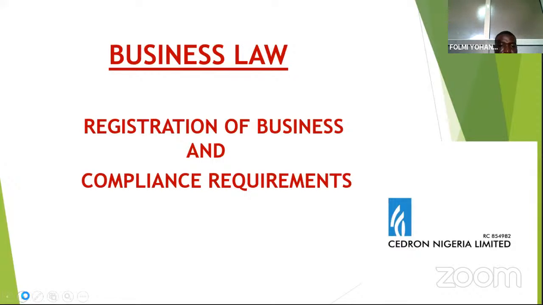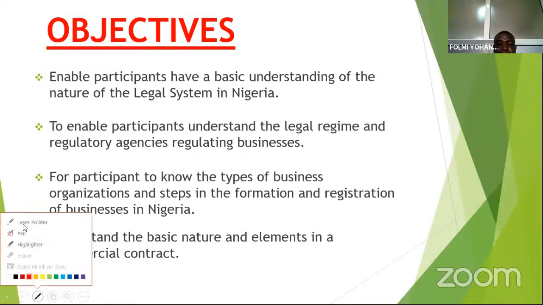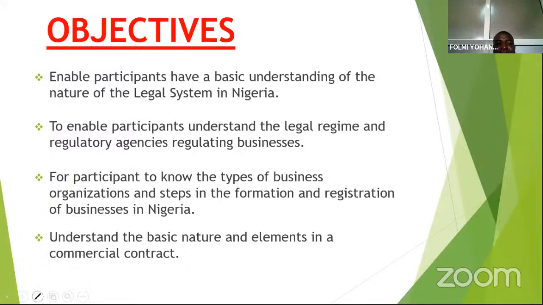to learn today? The objectives of today's class is to enable participants have a basic understanding of the nature of the legal system in Nigeria, to understand the legal regime and regulatory agencies regulating businesses in Nigeria, for participants to know the types of business organizations and steps in the formation and registration of businesses in Nigeria, understand the basic nature and elements in a commercial contract. So basically, these are the things